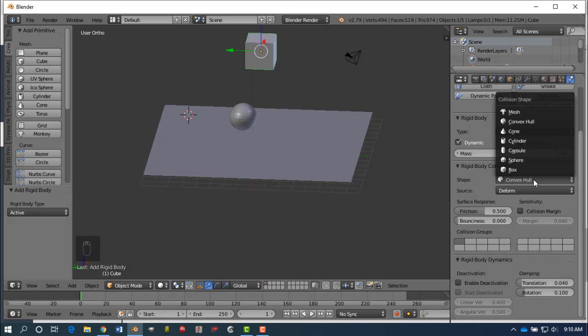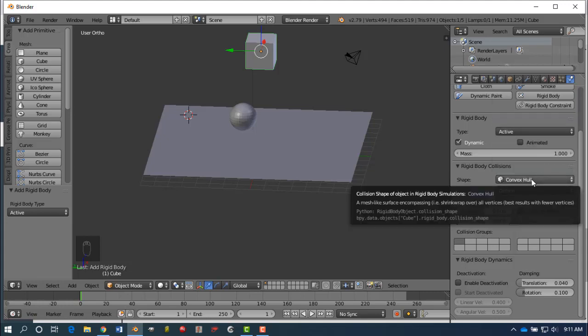What a convex hull basically means is it's like taking your shape and shrink wrapping plastic around it. So let's say you had a donut that you covered in plastic and you shrink wrapped it around the donut. The hole would be covered with plastic and it would not let something fall through the middle of it. So convex hull, basically the shape is how well the computer is going to calculate the real shape of the